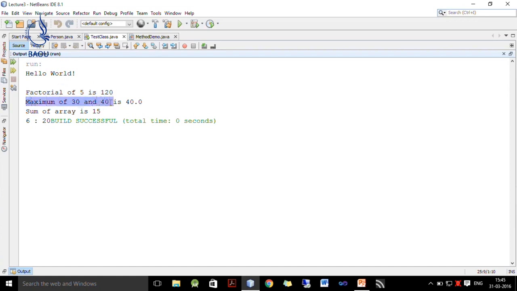Maximum of 30 and 40 is found by the max method, which takes n1 and n2 as arguments and returns the maximum of the two, and we get sum of array is 15, and this is the answer of T1 plus T2, which is 6:20, and how it comes we already discussed.